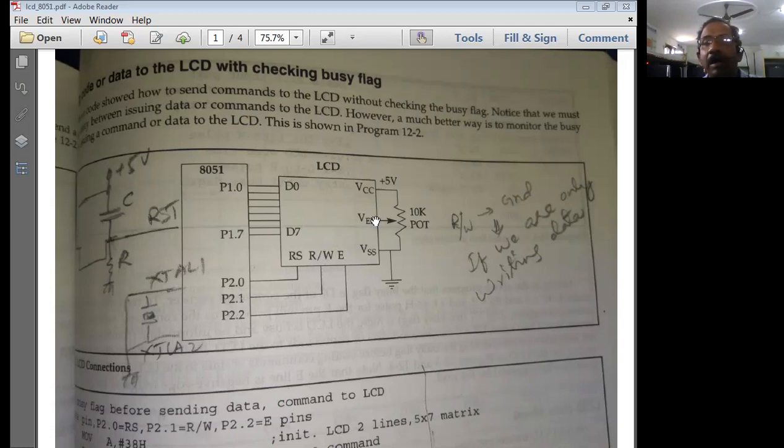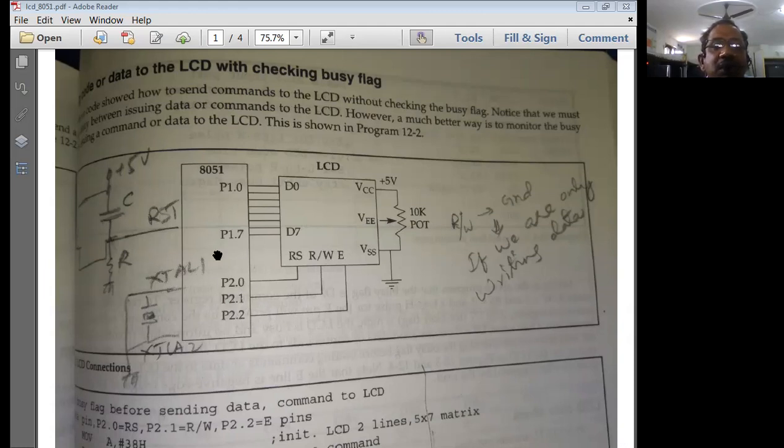We know beforehand that the LCD is used only for display purposes, so the R/W pin can be directly connected to the ground. If I do so, I can save the pin P2.1 and use it for some other applications.